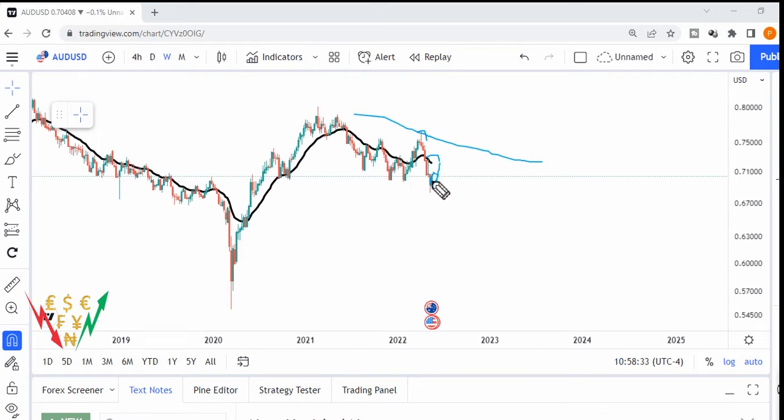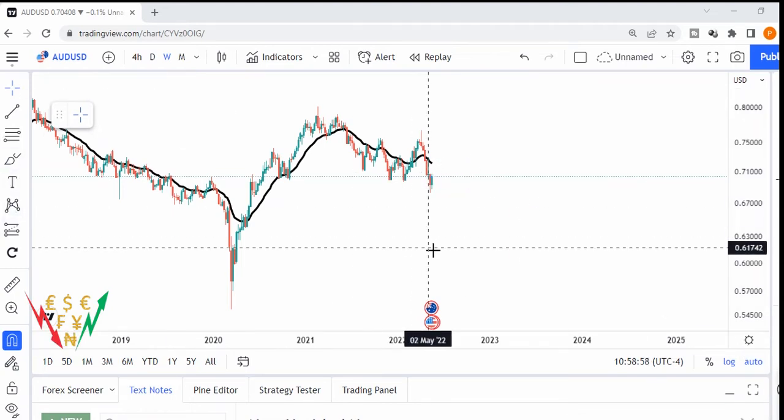So what we want to see is that this level has already been broken, right? This structure here has already been broken. We want to see the price move a little bit to the upside and mostly continue the downtrend, owing to the fundamentals that we've shared. So on this scene, guys, I want to see something like this. Let me wipe this off. On the weekly chart, I want to see something like this.